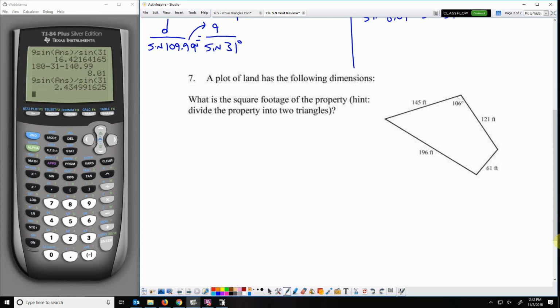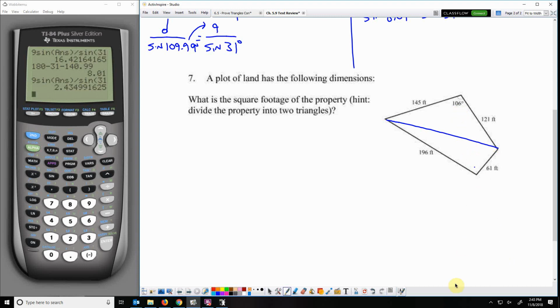All right, a plot of land has these dimensions. What is the approximate square footage of this land? So the first thing I would do is split this into two triangles. If I split this way, I'm going to split that 106-degree angle. I don't want to do that, so I'm going to split this way. Okay, so I can find an area here of triangle 1 and an area of triangle 2 and add those